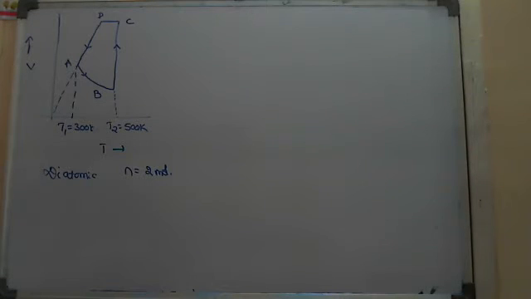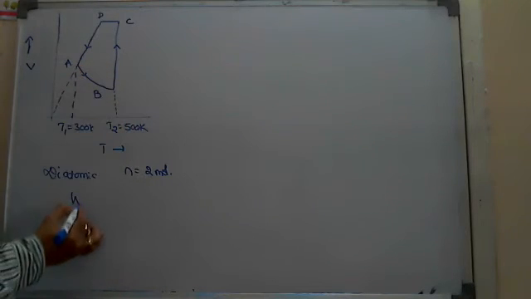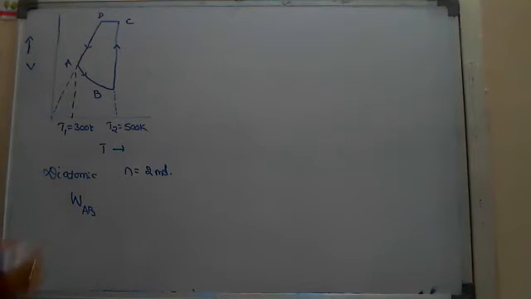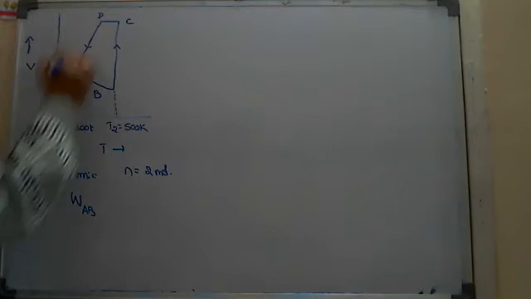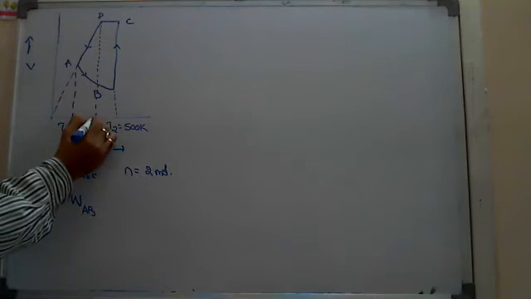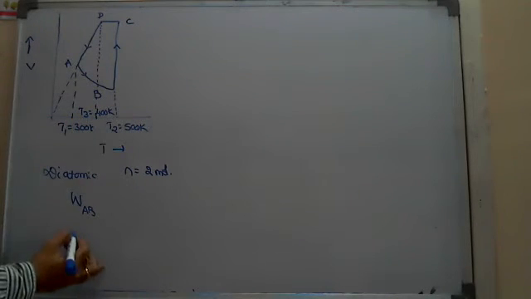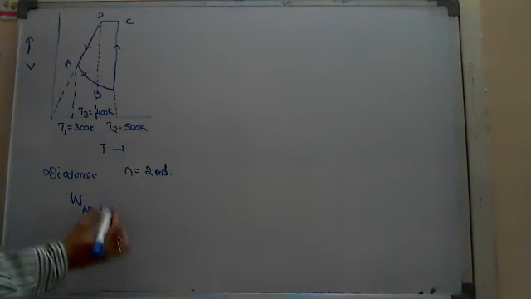In this problem, particularly, the temperature at D is not mentioned, but he is asking what is the work done from A to B, that is WAB. Suppose they give the temperature at D as some T3 equals 400 Kelvin. What is the total amount of work done in the cyclic process?